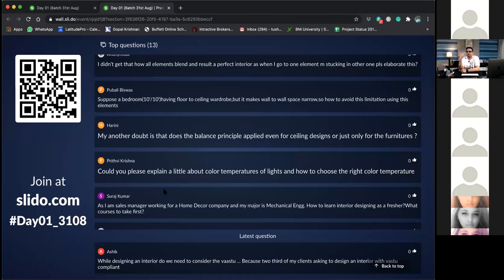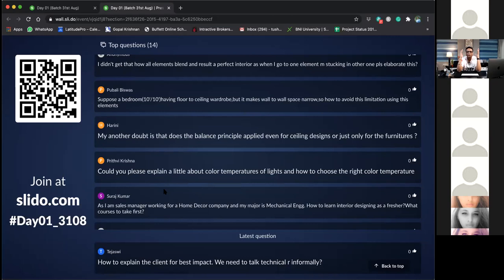Even if it is a ceiling, wall, furniture, curtains, everything. You must have seen that with some curtains, you put drapes on one side, but if you don't put a drape on the other side, it is going to look bad, right? So it has to be balanced by symmetry. Unless you are thinking of something different and going for asymmetrical stuff there. But otherwise, as far as the wall, ceiling, curtains, furniture or anything is concerned, even the paneling, you have to have these principles applied for your entire design. So the principles don't only apply to your layout, but to everything that you do.